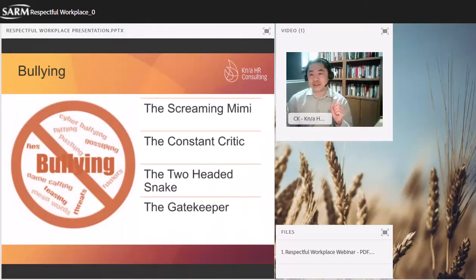Now, another form of harassment that's recently come up is bullying. Bullying, as you and I know, has been around for a long time. It's only started to gain prominence as a form of harassment about a decade ago, and is sometimes referred to as personal harassment, so you may come across that term also. Now, we're familiar with bullying in schools, but again, workplace bullying is something that we don't talk about very much